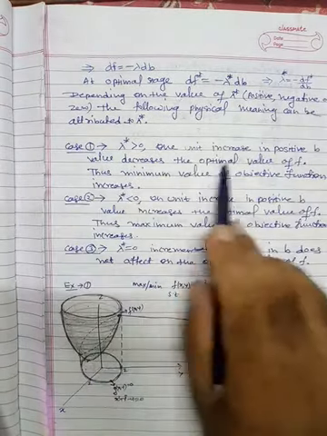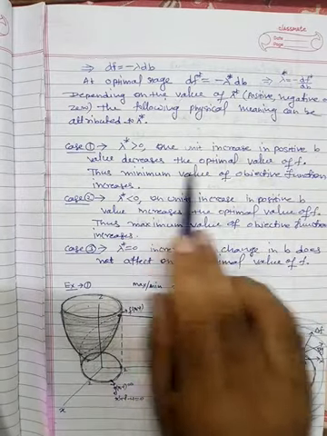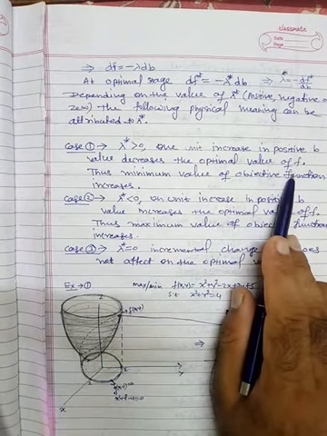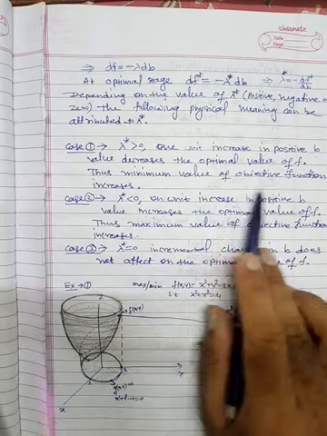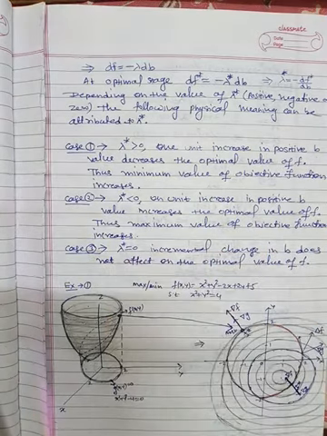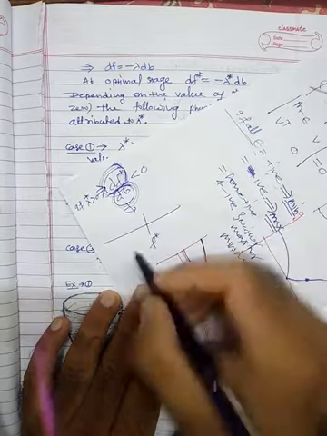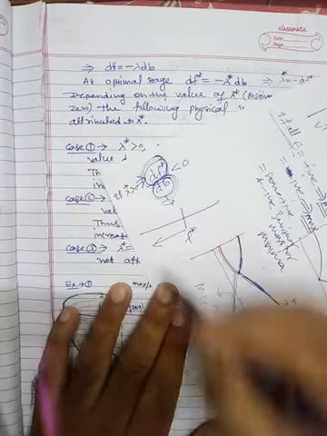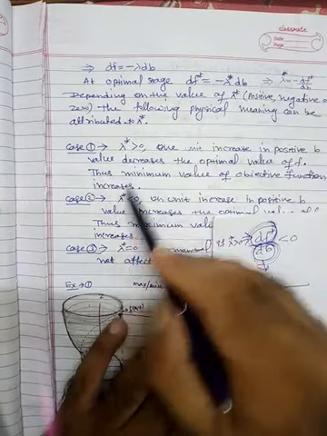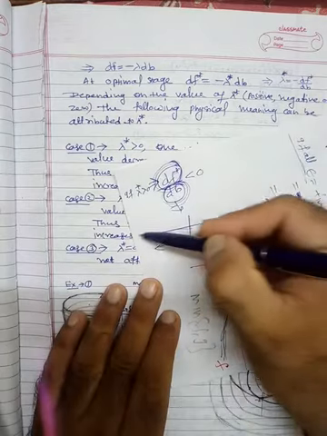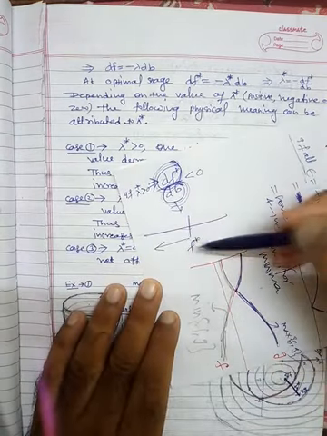Fine. So 1 unit increase in b positive value decreases the optimal value of f and thus minimum value of objective function increases. यानी जो minimum value है, for example here this is f star, so the value decrease is shown in terms of increase here. तो minimum value और ज़्यादा बढ़ती चली जाएगी, यानी कि right में जाएगी और ज़्यादा decrease होती चली जाएगी.